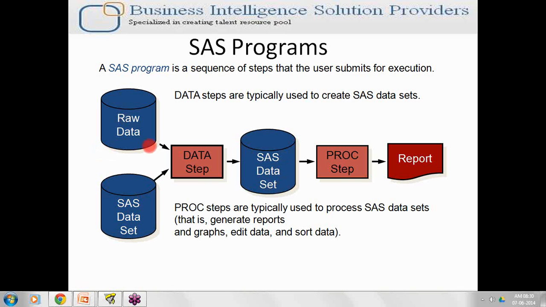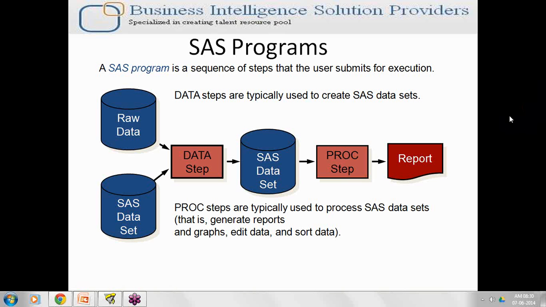So that is the way we can convert the entire data with the help of a data set. We are converting the entire data into a SAS data set, so that SAS can understand the data. Whatever data we are accessing, if it is available in a SAS data set, then and only then can SAS perform the desired operations, and finally we see the reporting. So that is how a SAS program is typically achieved.